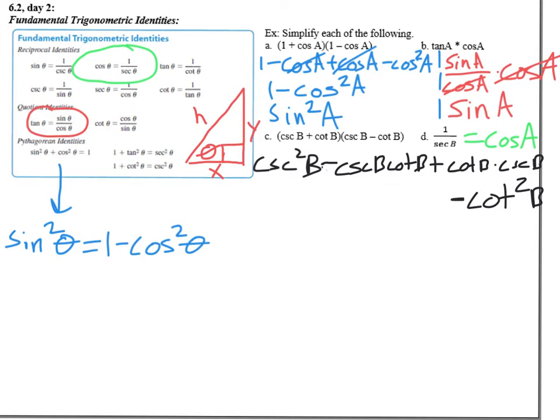looks long. Okay? However, if you look at those middle two terms, they're each a product of a factor of cosecant and cotangent, but one is positive and one is negative. Which means those will cancel. And we are left with that, okay? Now